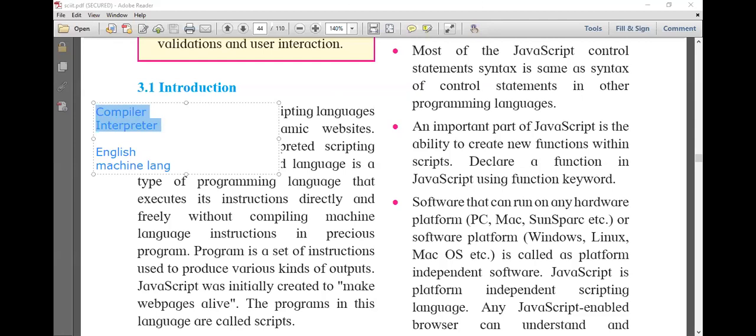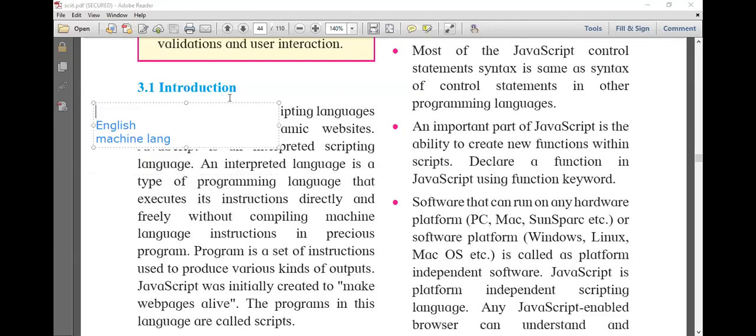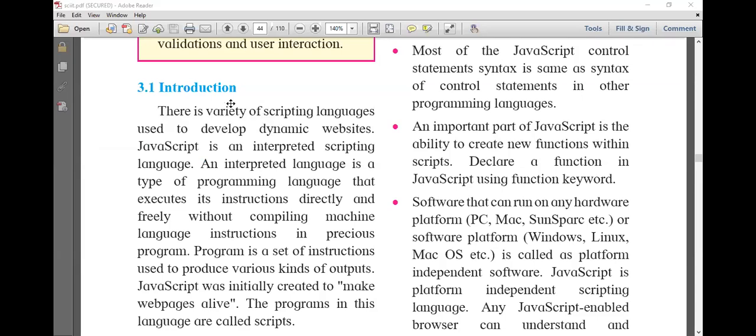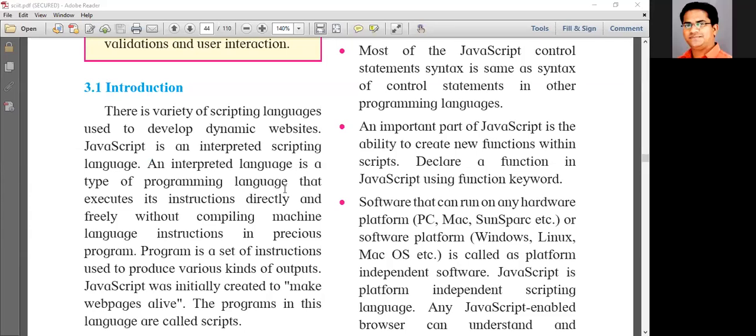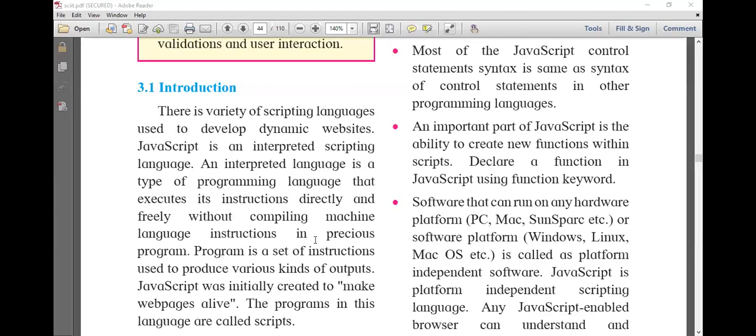So I will repeat again what I did here. An interpreted language is a type of programming language that executes instructions directly, without compiling them into machine language instructions beforehand.